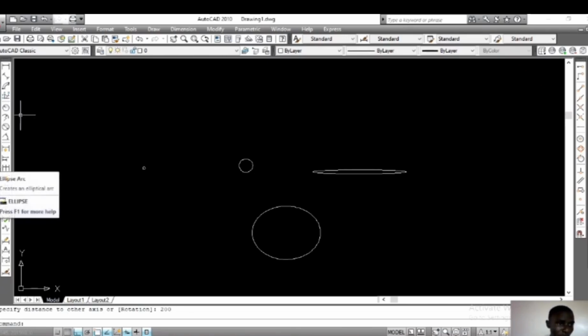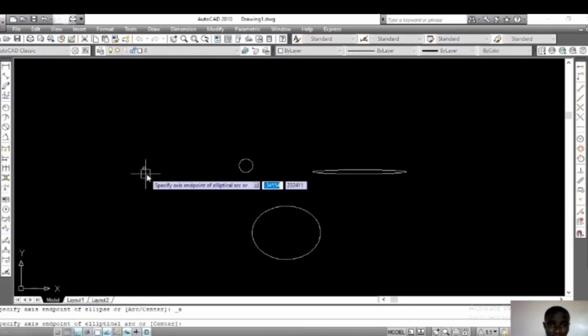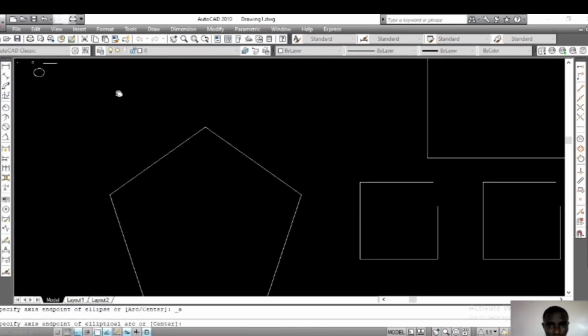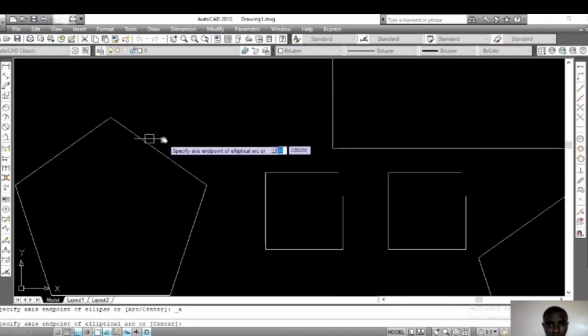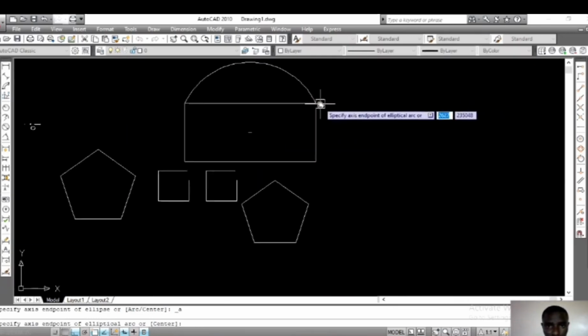So under the ellipse, you have the elliptical arc. You can see the image. It said the first 2 points of the elliptical arc determine the location and length of the first axis. So let me click on it using my left click. Come down here and pick some drawings which I have here before. I want an elliptical curve beside this rectangle. I will click on this